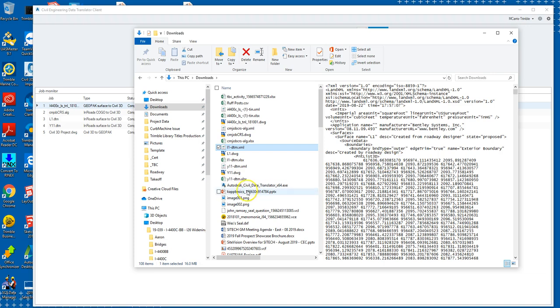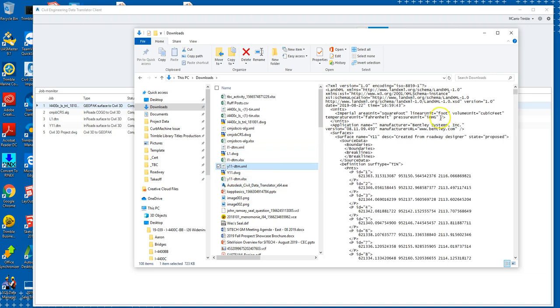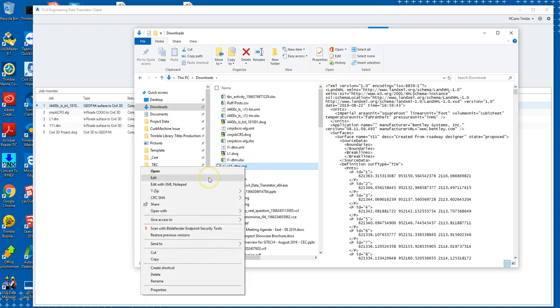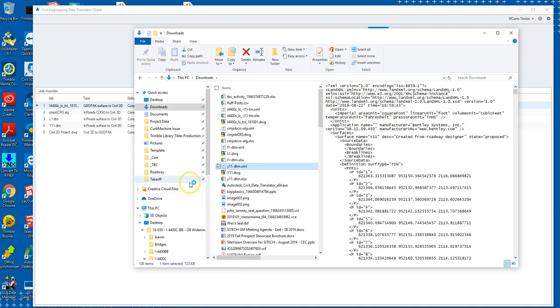Now, they won't always come in as US survey feet in the XMLs. You can see here, this one here, this XML. This one says foot. We want to make that US survey foot. So what you can do is actually right-click and edit this in a notepad and just change that to US survey foot. You can also go get XML Notepad, which you can install, and when you edit this file in the XML Notepad,